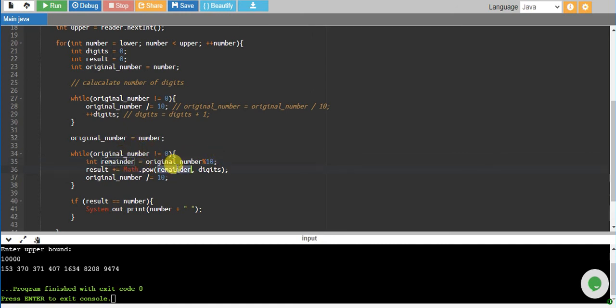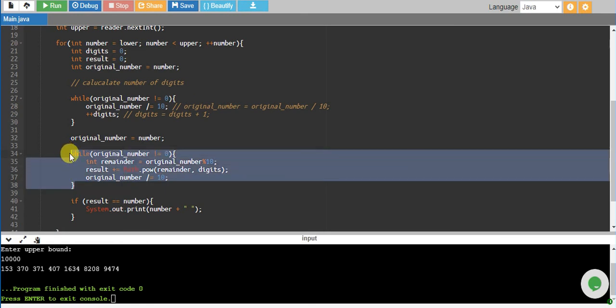We use the math library and take its power, with the power being the number of digits, and we add it to the result. And we eliminate the last digit, because we have already calculated its power. I already explained how we eliminate it in the code right over here. So this piece of code is just calculating the result.